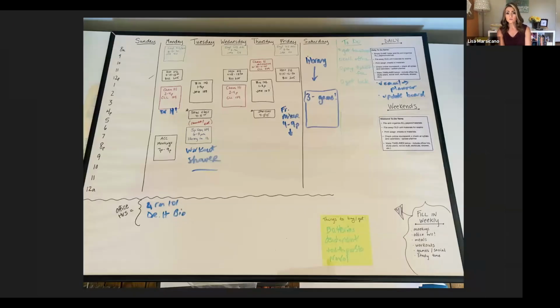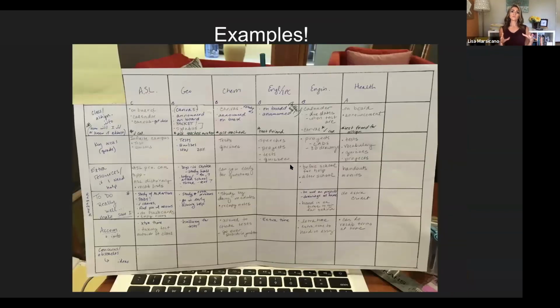And then a lot of kids like to do this. I always show this picture as kind of a whiteboard-ish. We use a poster frame that we then put the paper behind it for what the set schedule looks like. They have their daily and weekly lists on here, a little to-do list. And then each week you can take a dry erase marker on the front and just update. This is more big picture. This is not for the planner like we talked about with all of the specific assignments and homework and studying. This is more big picture, what your week looks like and what you need to get done. So a lot of kids like that. Again, it's visual, it's up on the wall, it's in your face. That's going to be the most helpful when it comes to managing the school year and doing well.